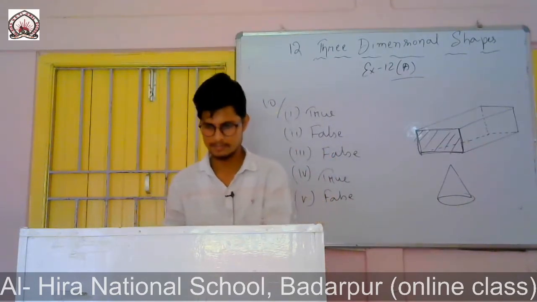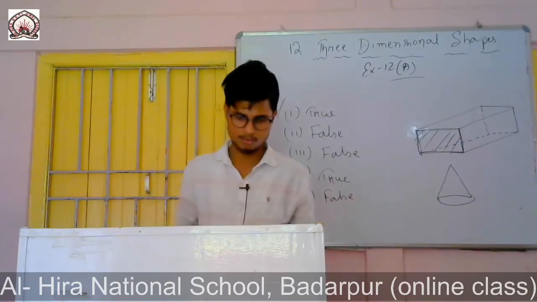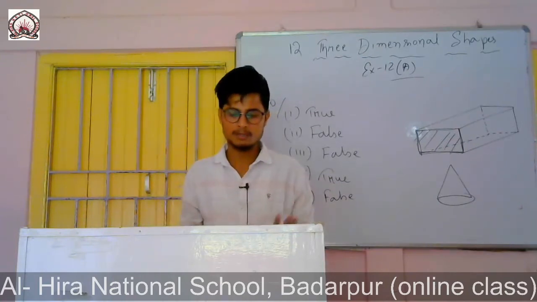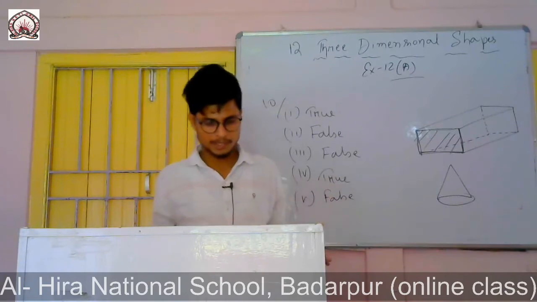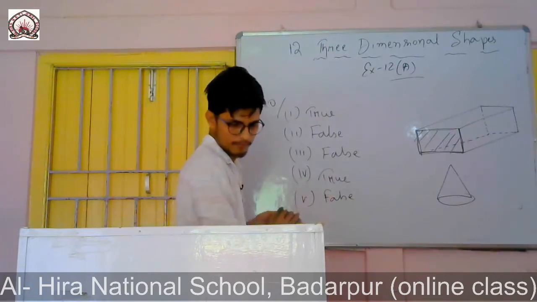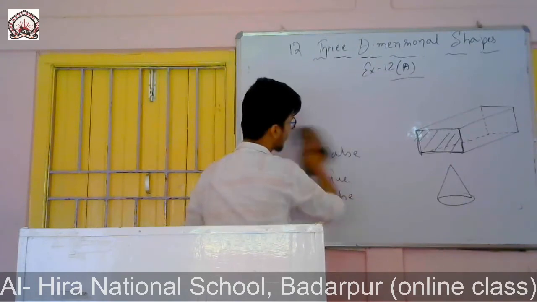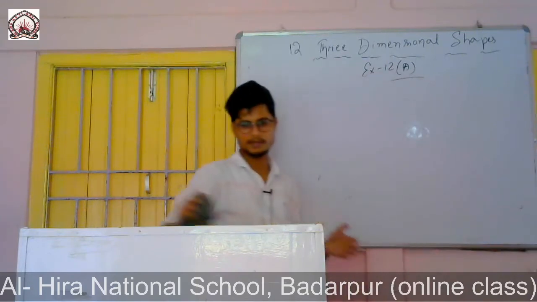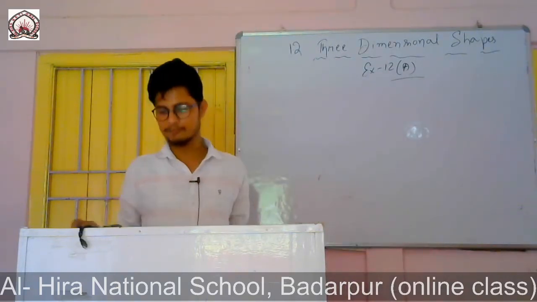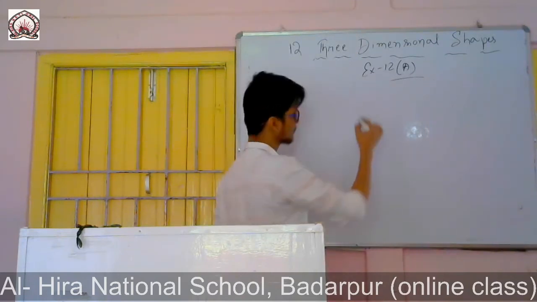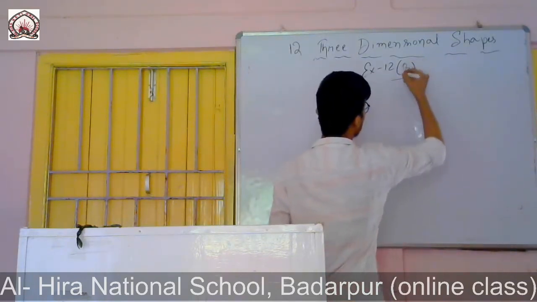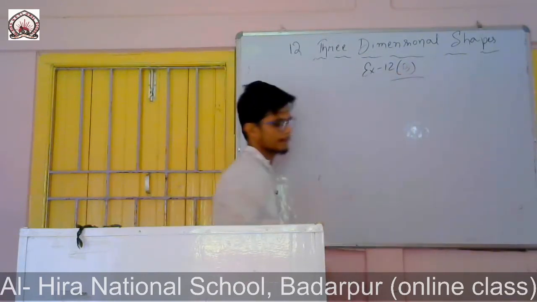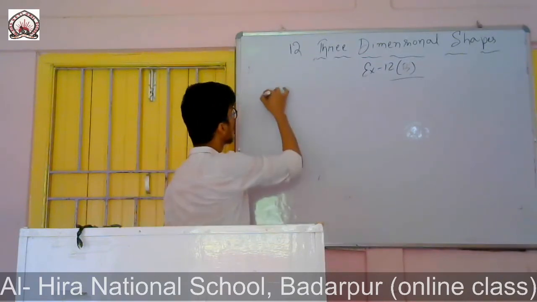Okay. So now let's begin our exercise. Exercise 12b. You see, in all the cases you will find nets are given. You have to simply name the figure. So question number 1a. One net is given, you have to name that. If I fold it, what type of figure will it form? A net is given and it asks what type of 3D shape it will form. So exercise 12b, question number